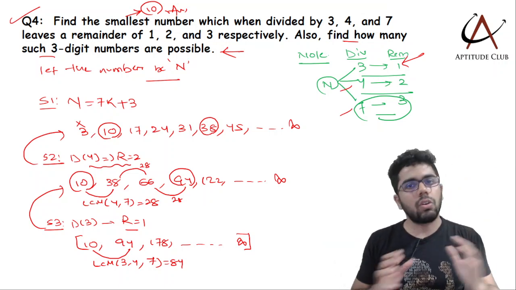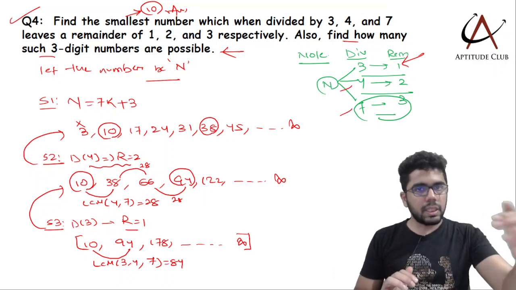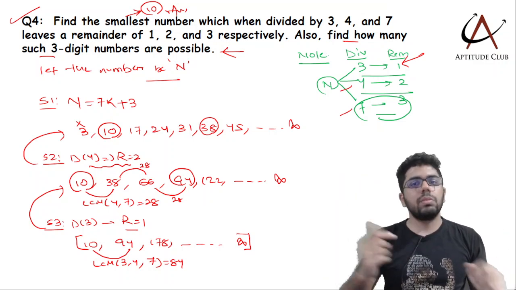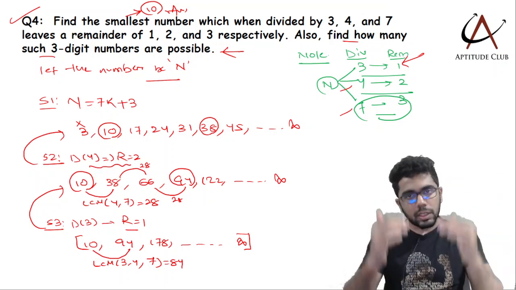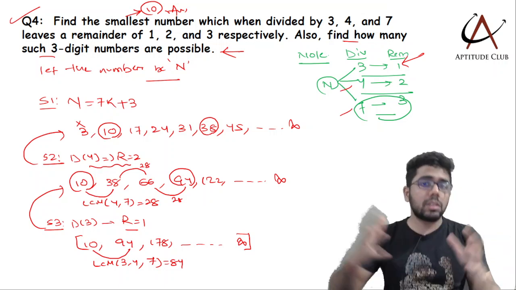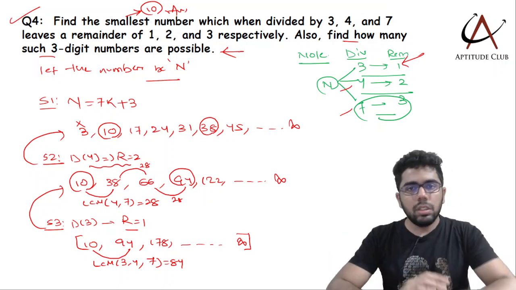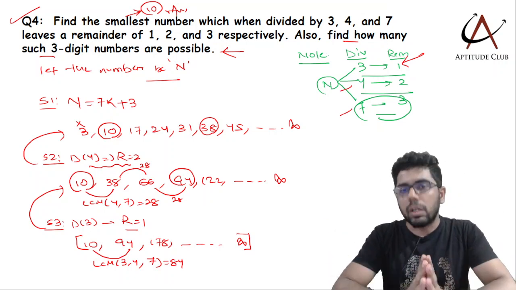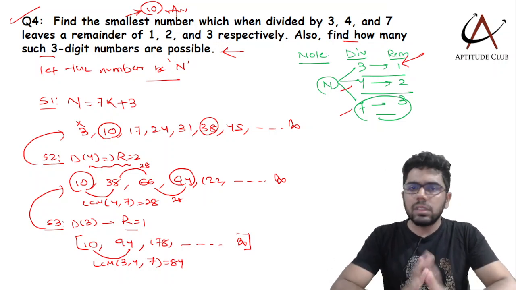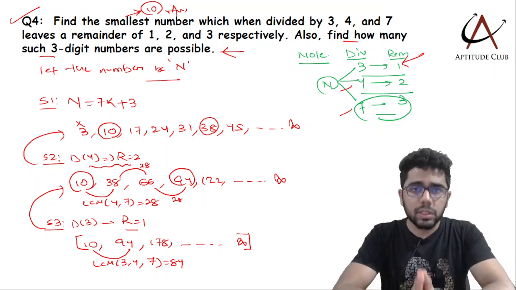of the divisors already considered. For example, when we are in step 2, the LCM of the divisors taken in steps 1 and 2; when we come to step 3, the LCM of all the divisors of steps 1, 2 and 3. Suppose this question had 4 divisors, you would proceed accordingly. So I hope all of you understand the process now. So this is the Chinese remainder theorem. I'm not saying you always get questions from this, but